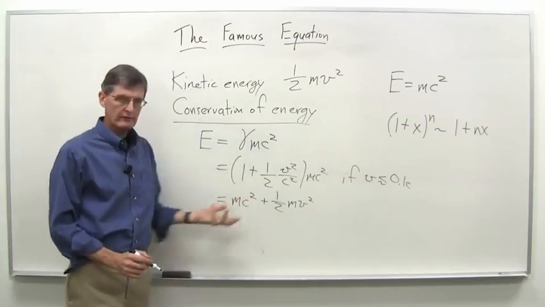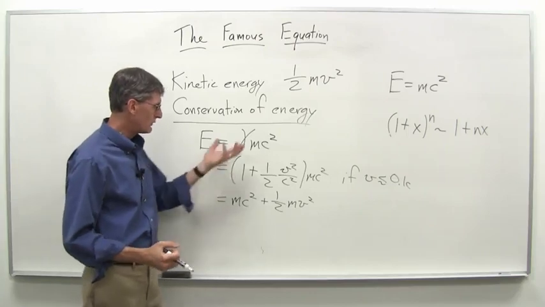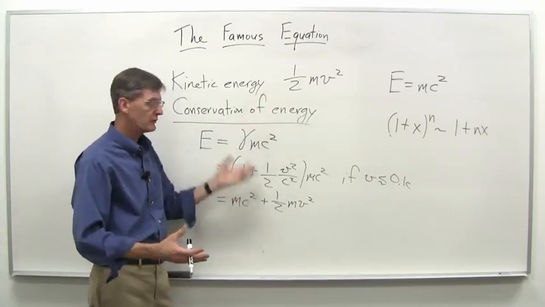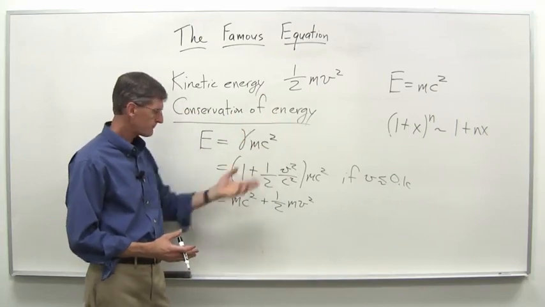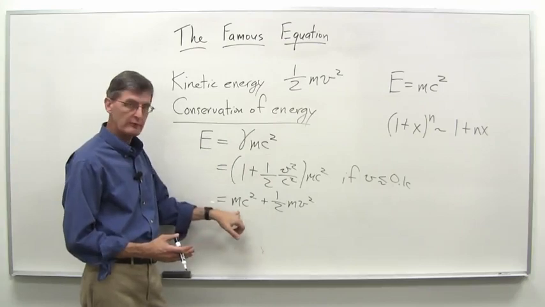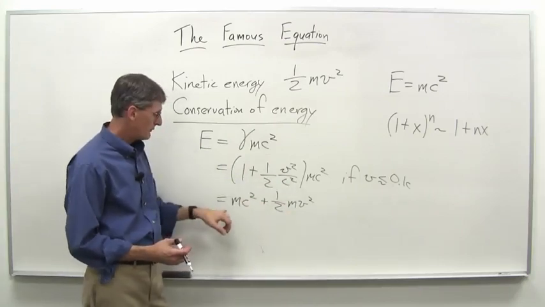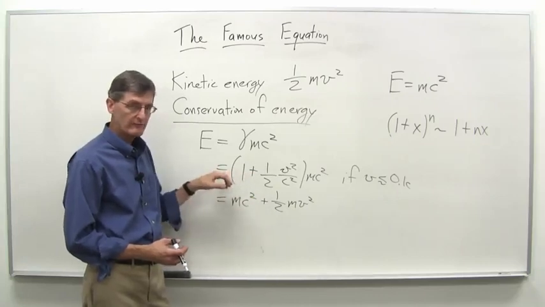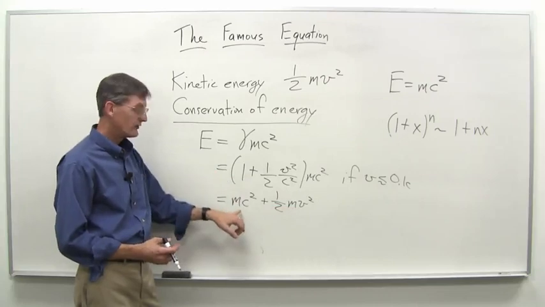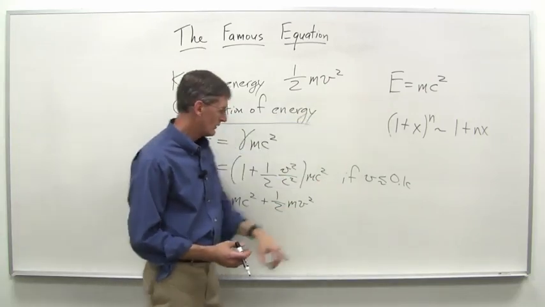Well, what is this telling us? Back before Einstein came along, people would look at kinetic energy and other forms of energy, and we're talking about the conservation of energy. What Einstein is saying with this formula is that there's another form of energy right here, too. It's not only the kinetic energy that's important, but this mc squared factor as well. And note that if we just have v equals 0 here, then energy just is mc squared. We get the famous form of the equation, E equals mc squared.